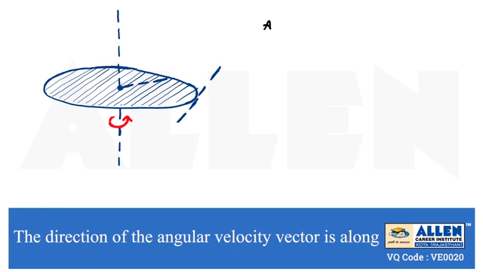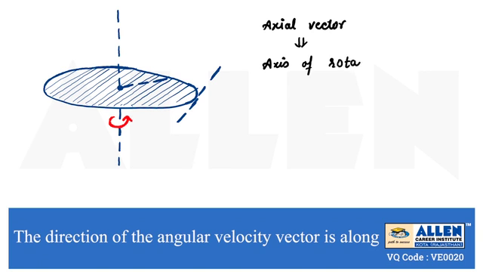So first we will discuss axial vectors. Axial vectors are those vectors which are used to represent the direction of quantities which are about an axis of rotation. It means a body is rotating about an axis, which is known as the axis of rotation.